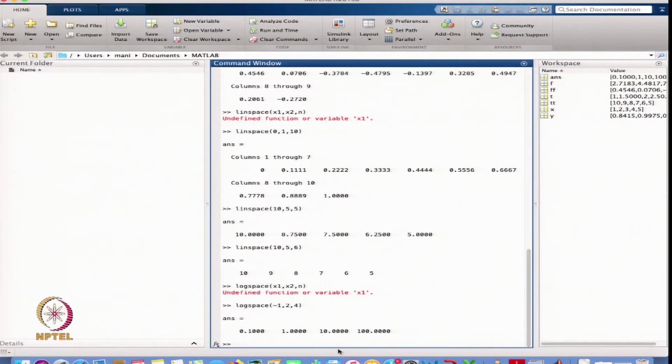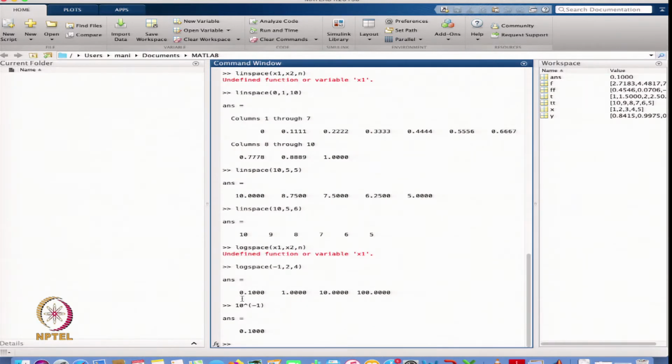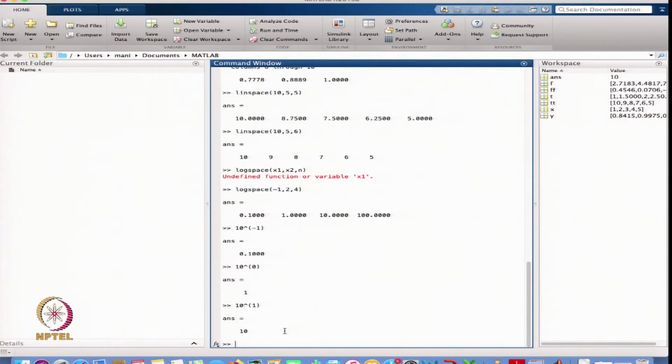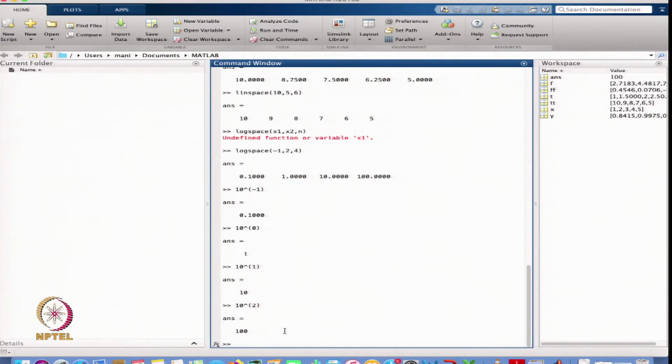-1 means the first element will be 10 raised to the power -1. Another element will be 10 raised to the power 0, which is 1. Another value is 10 raised to the power 1, that is 10, and another one is 2, and that is 100.